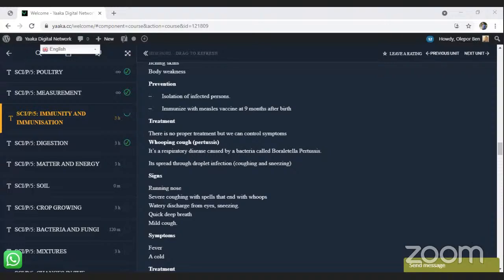Effects: choking, pneumonia, poor breathing. Prevention: immunize with DPT vaccine. Treat with